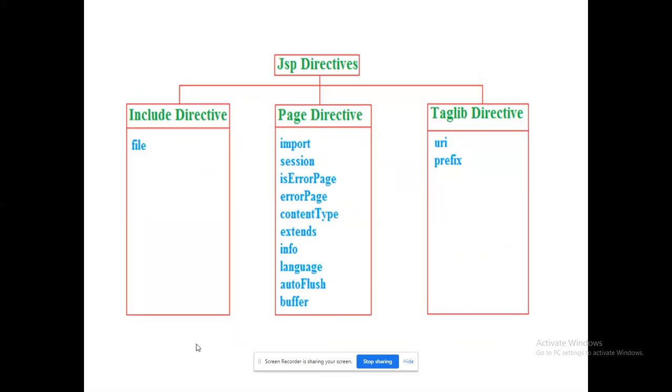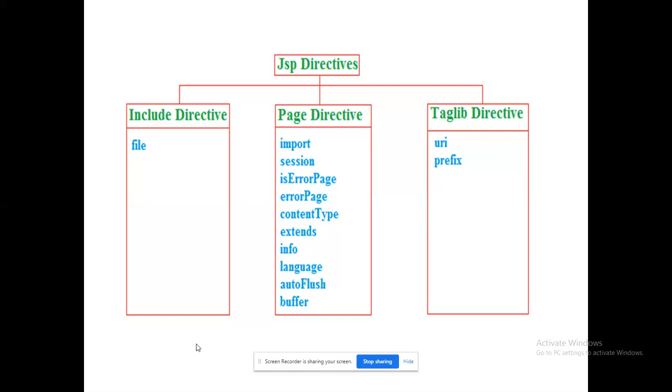Next, JSP directives. So there are 3 types of directives available for us. Include directive, nothing but if I need to include, I have to use the attribute file. So how I will use jsp:include, which is equal to, within double quotes, I will mention that file name, right? File name.jsp, like I said, I could mention. If I need to include any associative file, I could give like this using the attribute file.